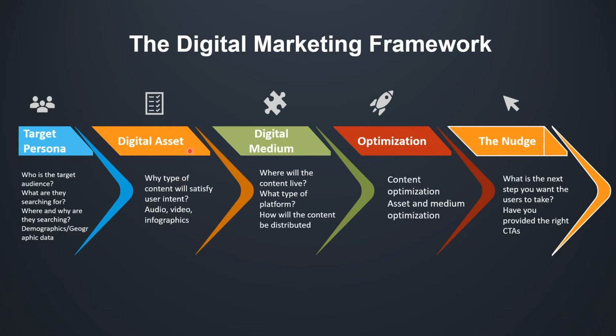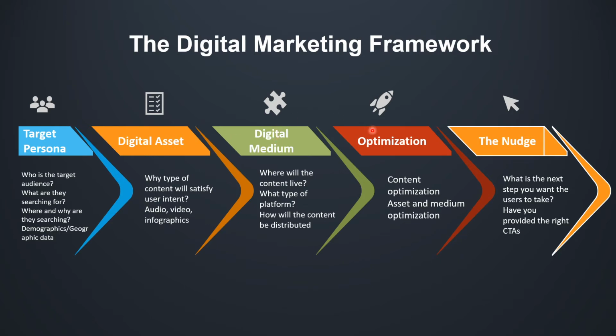Then naturally that video can be on a video publishing platform like Brightcove, or you can decide to host it on your company's YouTube channel, so that becomes your digital medium. Either way, finding the right digital asset and the right digital medium will be important,